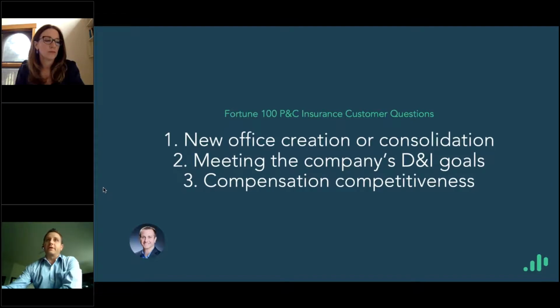They had really good, really lofty goals, but they really didn't have a good way to advise the business on areas of opportunity or risk. And compensation was a big key to some of the challenges they were having across the nation. Cost of living was kind of throwing them off in a few different markets. So this team was extremely proficient at using data, but they really needed help in creating insights from data, understanding what is the data saying and what should we then advise the business about this data.